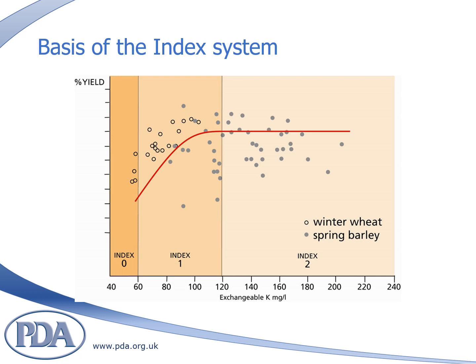The yield response curve to potassium supply follows the same principle as for other inputs. At very low levels of available soil K, the response to applied potash is large, and this response decreases as soil supply increases. Target levels for soil K, which represent the level at which K supply is adequate for full yield but not excessive, have been established from large numbers of response experiments for different crops. The K index at which yield is close to the maximum can be considered the critical value. Below this, the loss of yield is a financial loss to the farmer. Above it, there is no justification for further increase in available K.